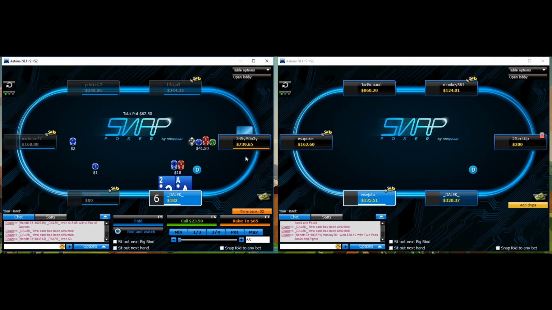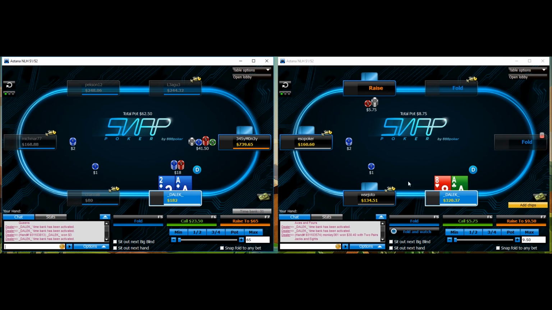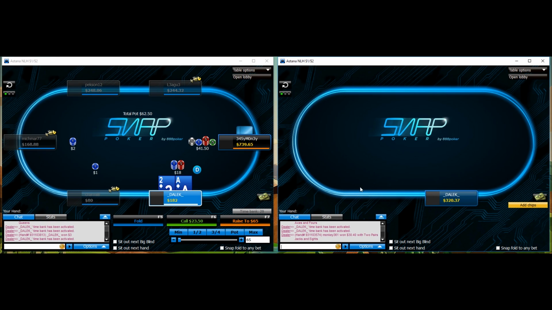Moderately annoying spot against easy money. He has been quite aggressive, so that makes me want to continue against him more, and we're getting fairly good odds on the 4-bet. Either way,